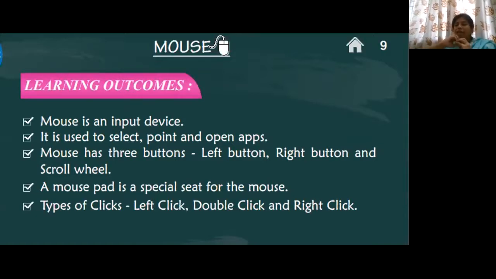Application, app is nothing but application. Mouse has 3 buttons: left button, right button and a scroll wheel. And a mouse pad is a special seat for the mouse. And what are the different types of clicks we learned today? Left click, right click and a double click.